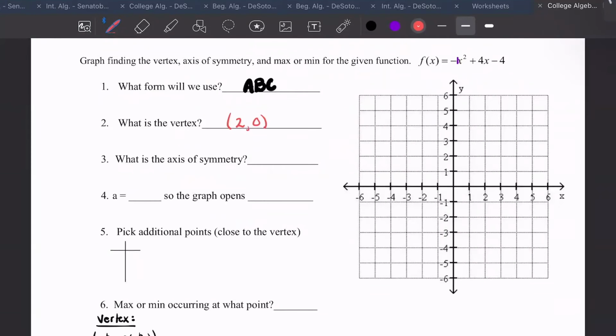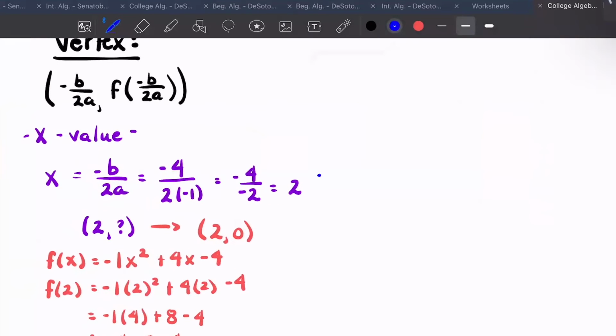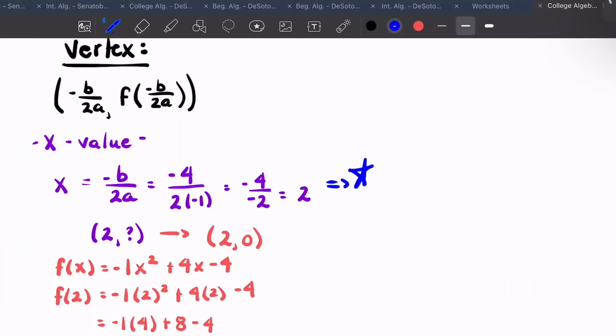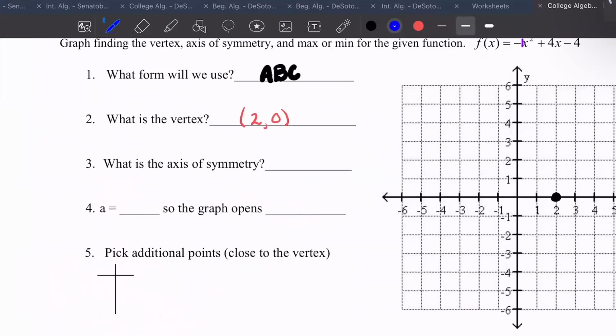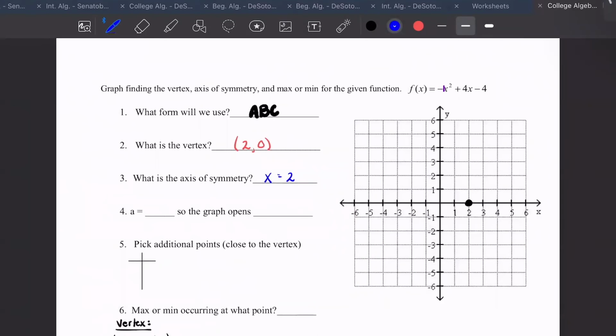And so we can just go ahead and mark that. I'm going to go over 2 up 0, so right there. All right, what's our next question? What's the axis of symmetry? Okay, we know that that's going to be the same thing as our x value that we found. Okay, I'll star it and write it in blue up here. So we have x equals 2. All right, so we know we're going to have this line dot. All right, so we're going to be able to fold our parabola in half